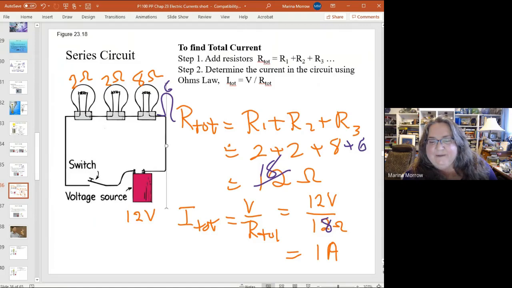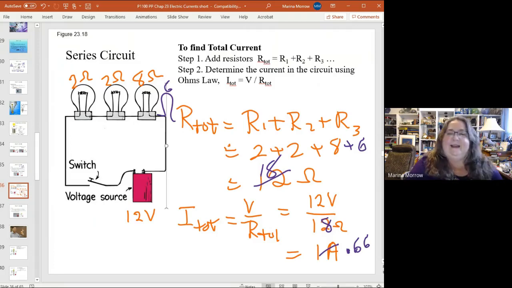And what's going to happen to my current? Well, it's going to be less, right? 12 over 18 is 6 over 9, which is 2/3, which is 0.66. Okay, so my current has gone down because I added more resistors in. That makes sense, right? Makes a lot of sense. Okay. All right, let's take those same